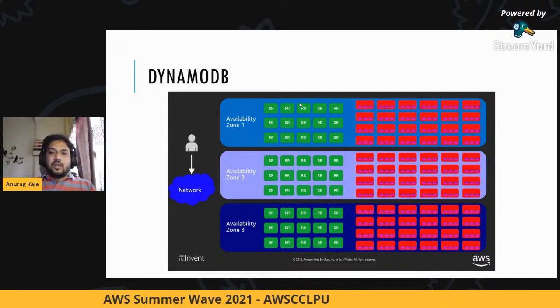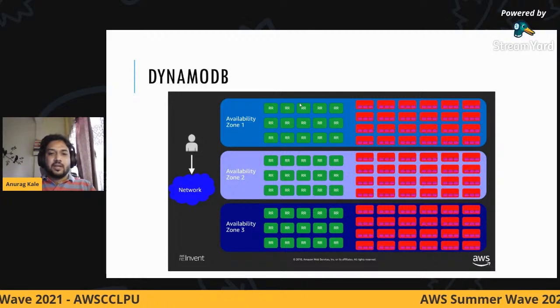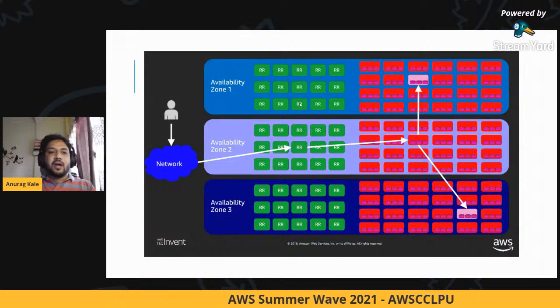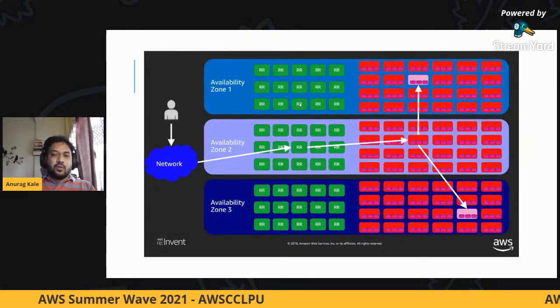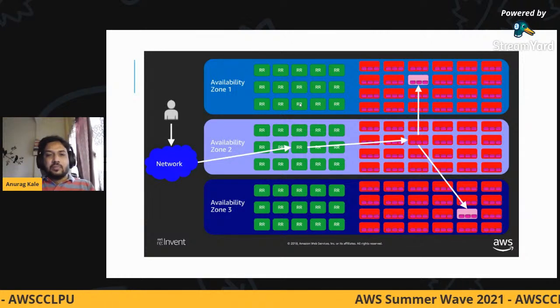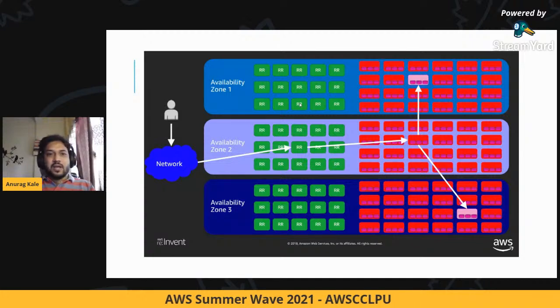Now, if somebody wants to fetch some details from the database, it goes via what we call a router. Now, a router uses something called hash functions.